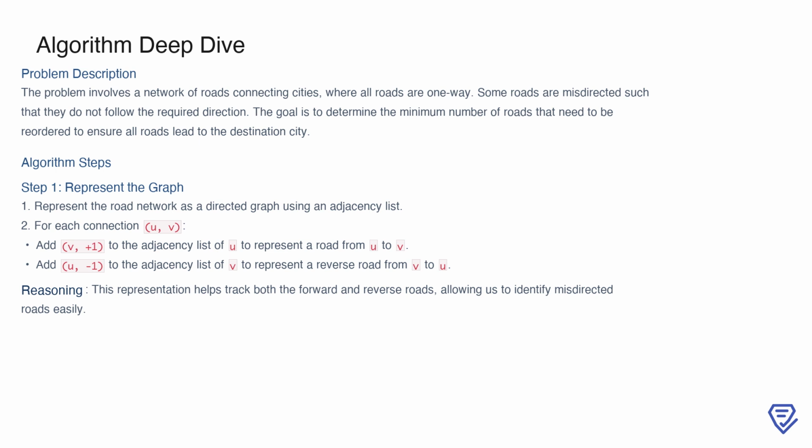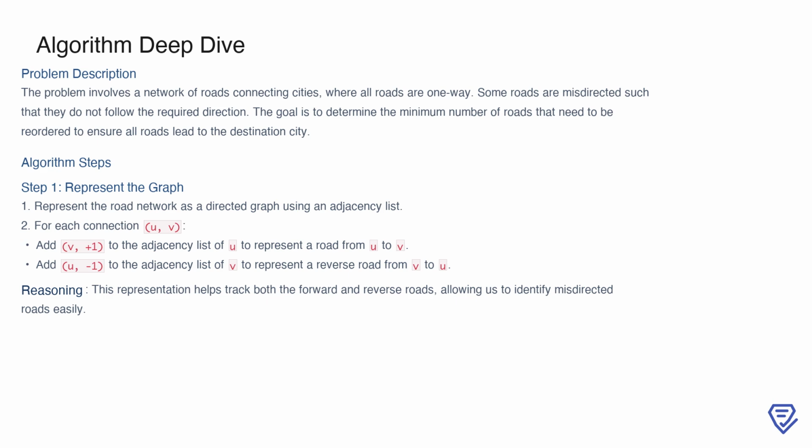The first step in solving this problem is to represent the road network as a directed graph. We use an adjacency list for this purpose. For every connection between two cities, such as U, V, we add (V, +1) to the adjacency list of U, indicating a road from U to V. Similarly, we add (U, -1) to the adjacency list of V, representing a reverse road from V to U. This dual representation of forward and reverse roads is crucial because it allows us to easily identify which roads are misdirected and need to be reordered. By structuring the graph this way, we have a clear framework for analyzing the road directions as we proceed to